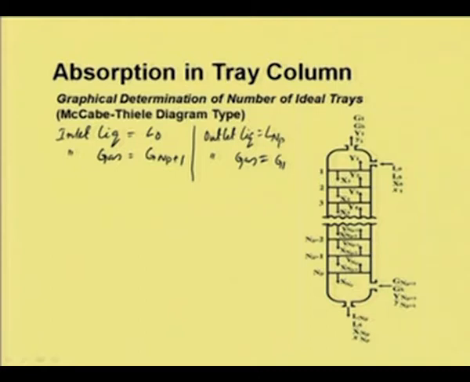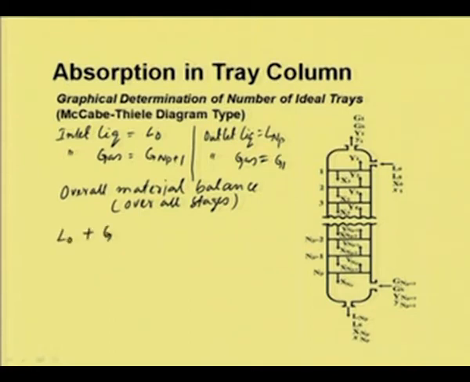Making an overall material balance over all stages, we can write L0 plus GNP plus 1 is equal to LNP plus G1, and the overall component balance